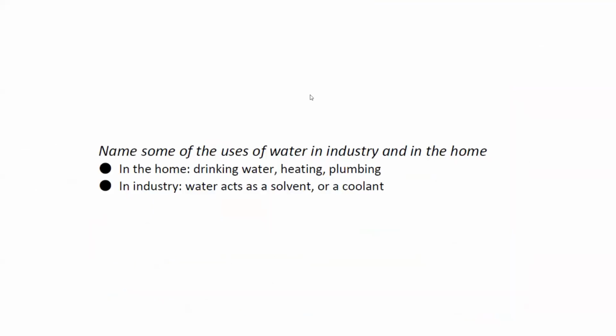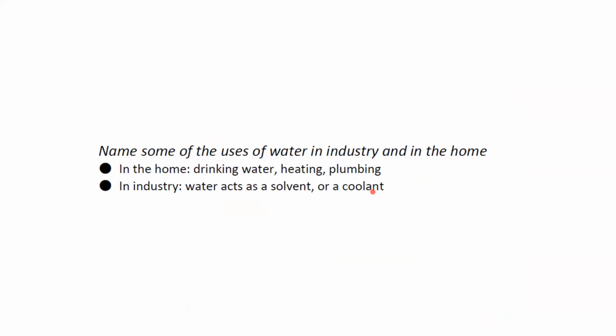Then name some uses of water in industry, and as well as in the home. So we use it for drinking, heating, plumbing, washing, and in industry, water is used as a solvent or as a coolant. Solvent means that in many industries, water can be used to dissolve different substances,